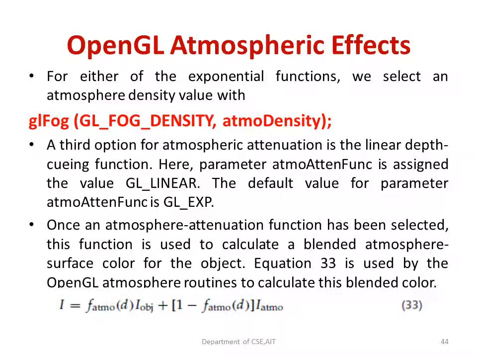For this particular API, the formula they have considered is the 33. By making use of the intensity of the object and the intensity of the atmosphere, both of them are combined here, and then I am going to get my fog effect. So the total intensity of this scene will depend upon the atmospheric intensity as well as the object intensity along with the fog effect. So three things are over here. All these three things will be combined and you are going to get a fog effect.